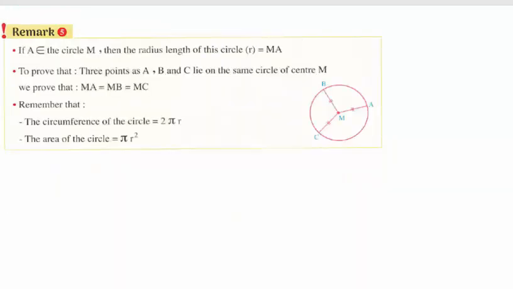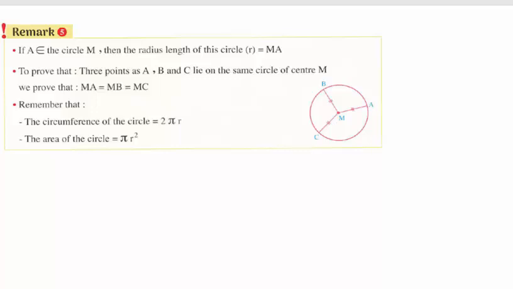The last remark is how to prove that more than one point lie on the same circle. The famous property of the circle that we studied before is that all radii are equal in length. So if I have a circle whose center is M and I want to prove that A, B, and C lie on the same circle, you should prove that the distance between M and A is equal to the distance between M and B and also equal to the distance between M and C,